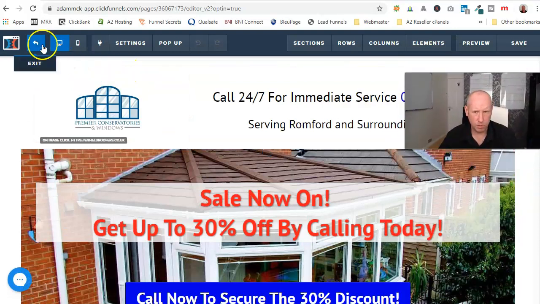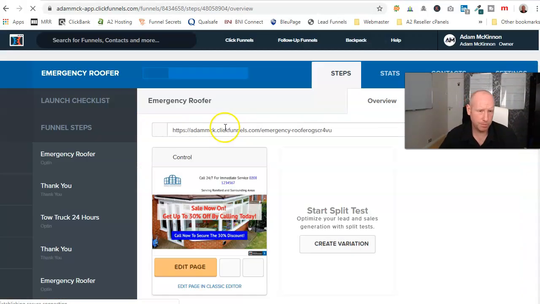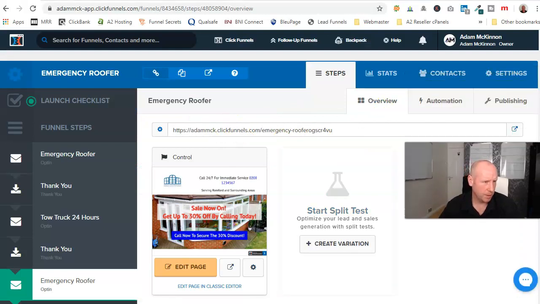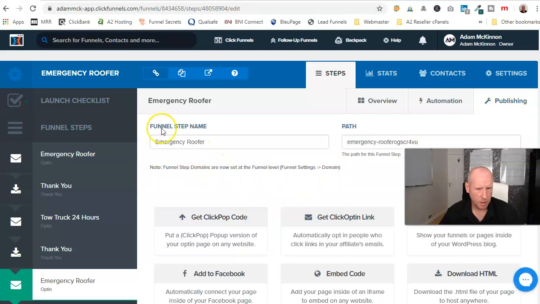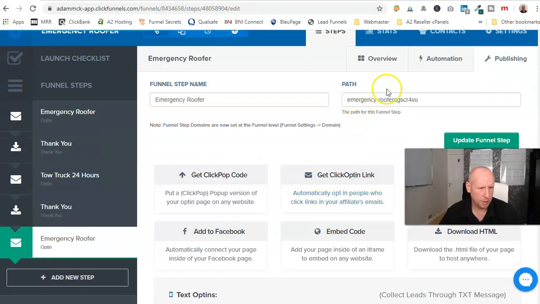No, you don't. I'm talking rubbish. Come out of the page. What you do is you come up here to publishing. Click on publishing. And here you can give it a name. And as you can see, the path here, so I'll change that to